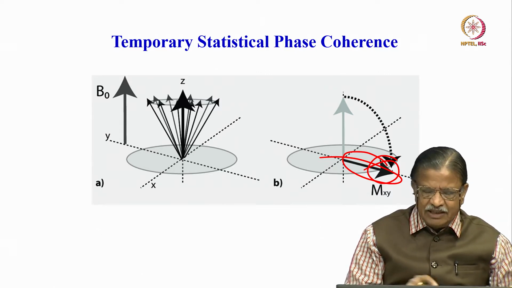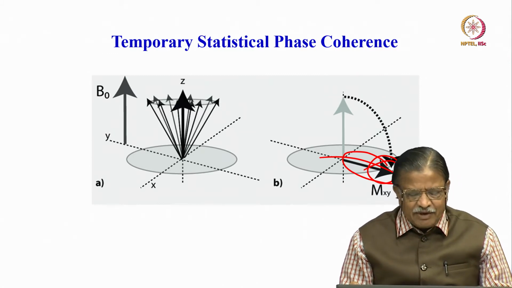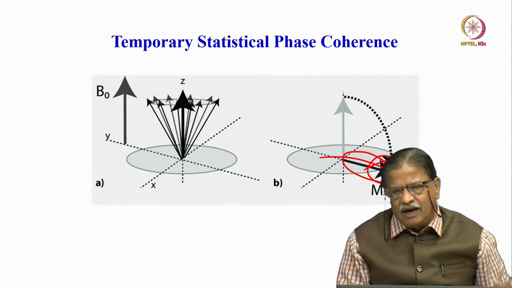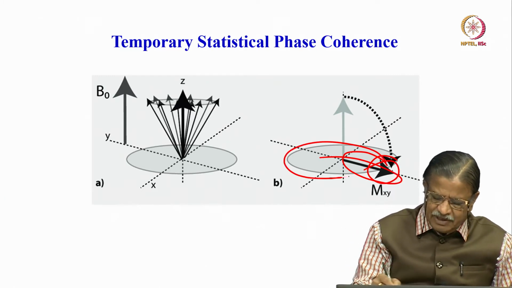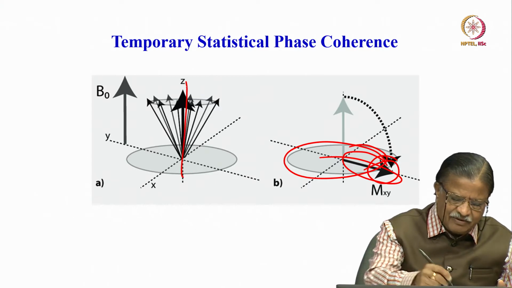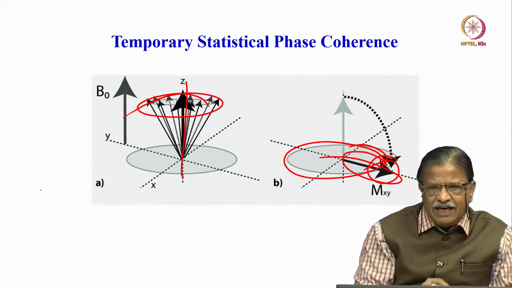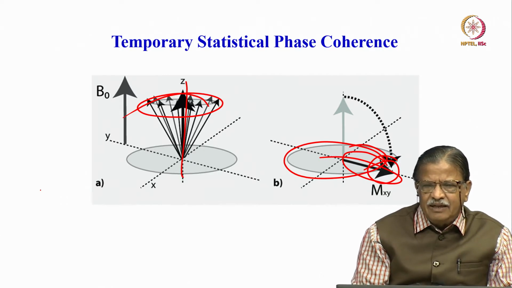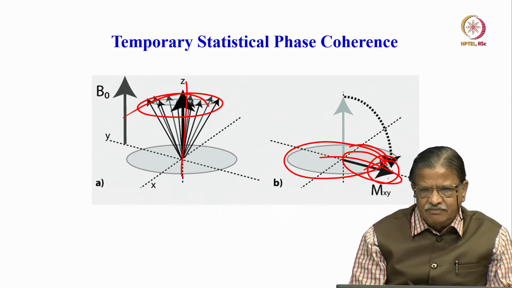After some time, the nuclear spins start undergoing decoherence. At the same time, they will start going back along the z-axis. This is a phenomenon which happens. The spins will get completely dephased here, and afterwards it will go back. First it was along the z-axis where there was no coherence, and then you bring them to coherence here by applying